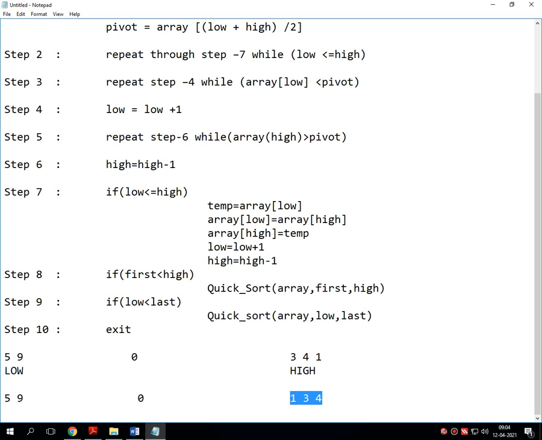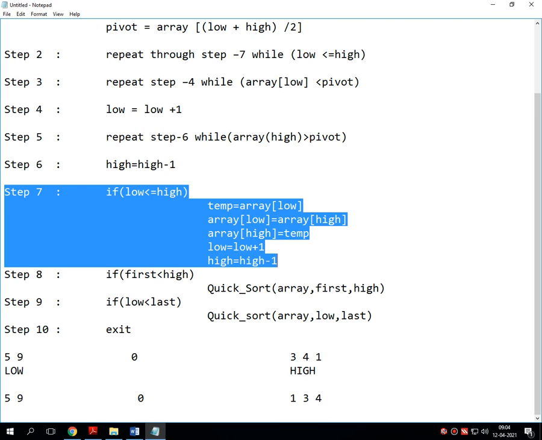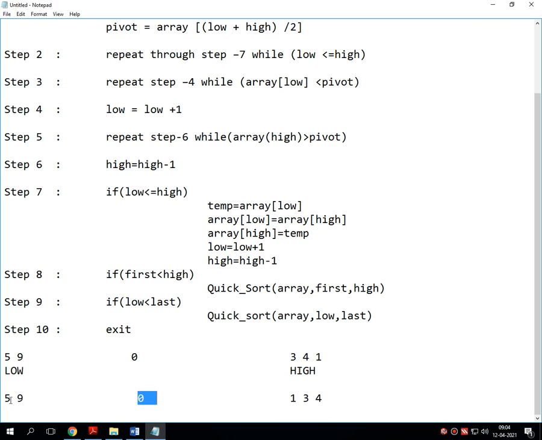Ultimately, this decision making statement looks after the pivot element, the right hand side and the left hand side. All the lists should be sorted. Once it is done, it shifts the left hand side values over the right hand side values, and ultimately whenever we are merging, meaning we are setting the pivot element as the first element, the entire list gets sorted, that is 0, 1, 3, 4, 5 and 9.